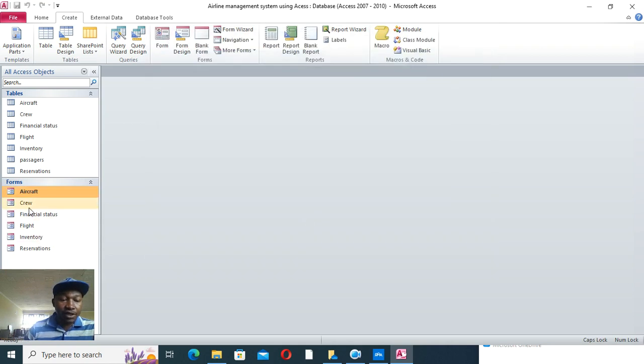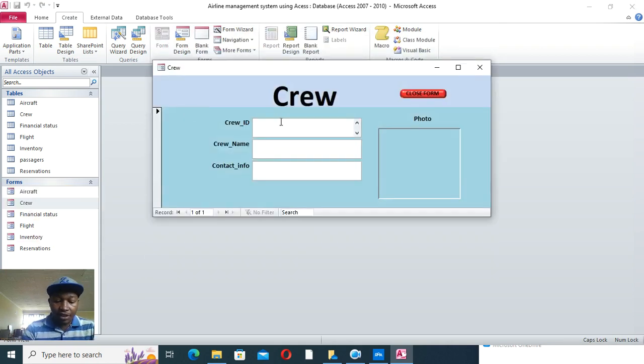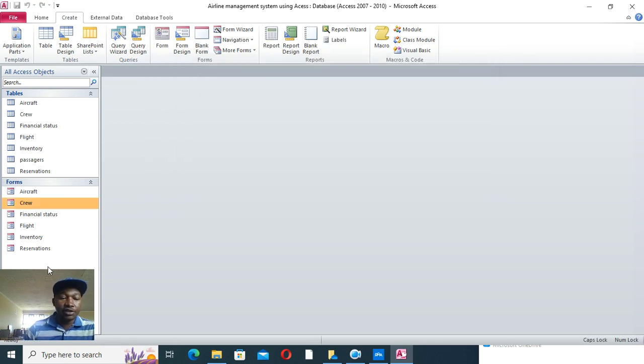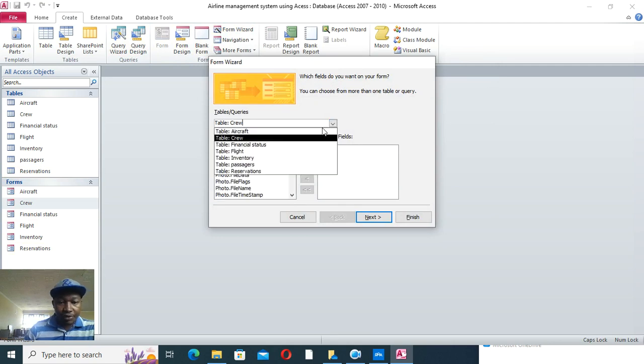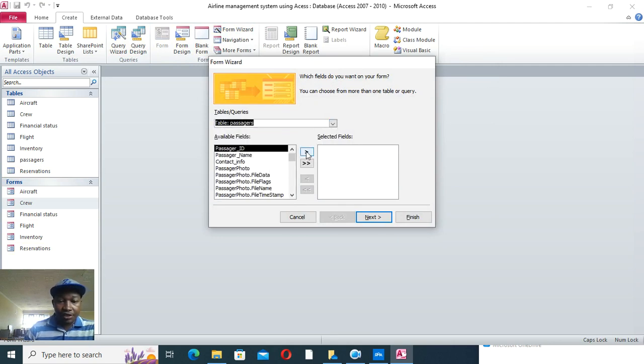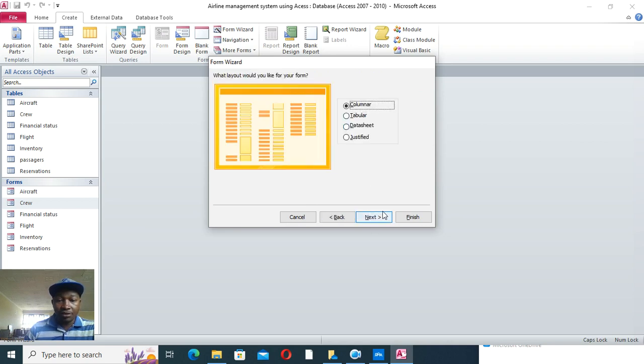So we can also go and add the crew who are operating here. So we have crew 001, crew name done, contact information plus 254. Then you put some number there, then add, you see, across that one. Then you can also go and add something like, you have crew passenger. Okay, let's create the passenger form. So we go to passengers. We have passenger ID, name, contact information, photo, next, columnar, next,